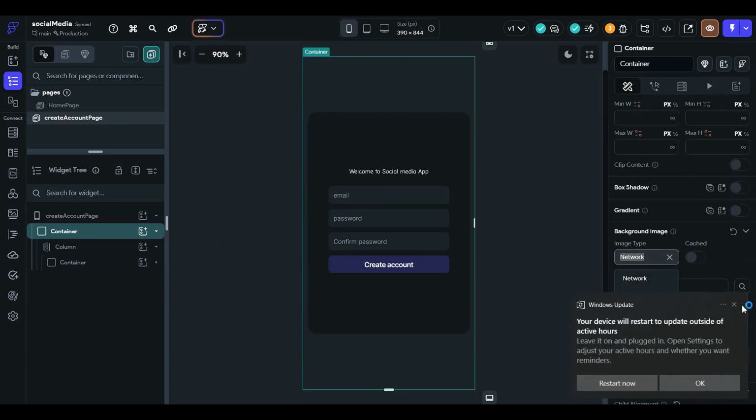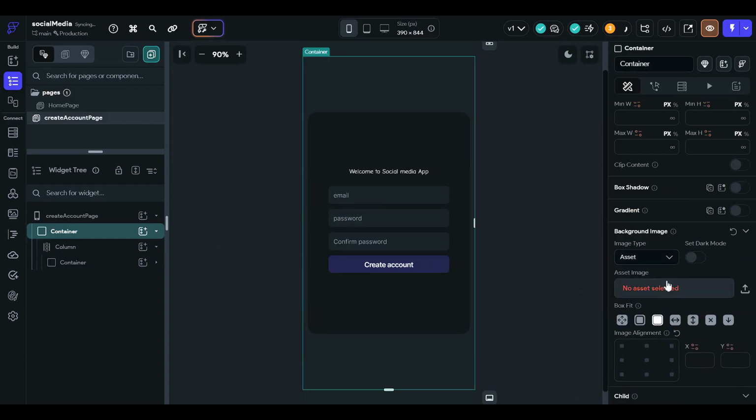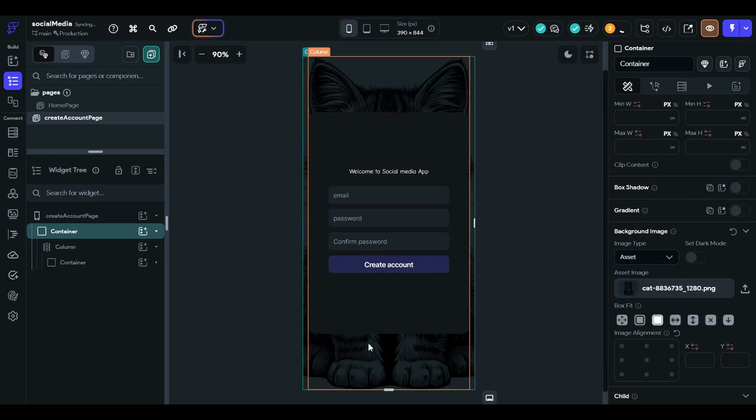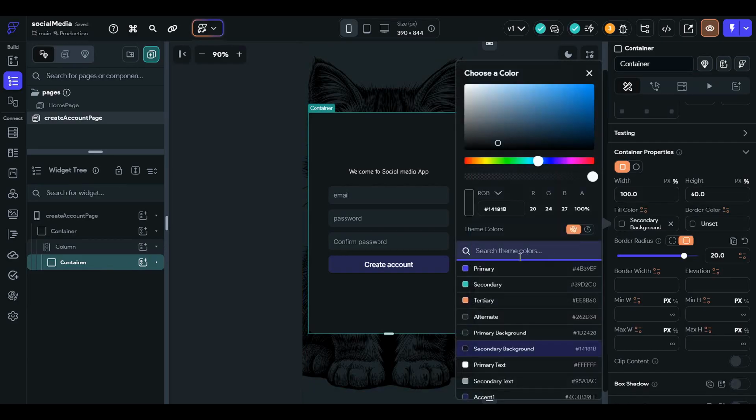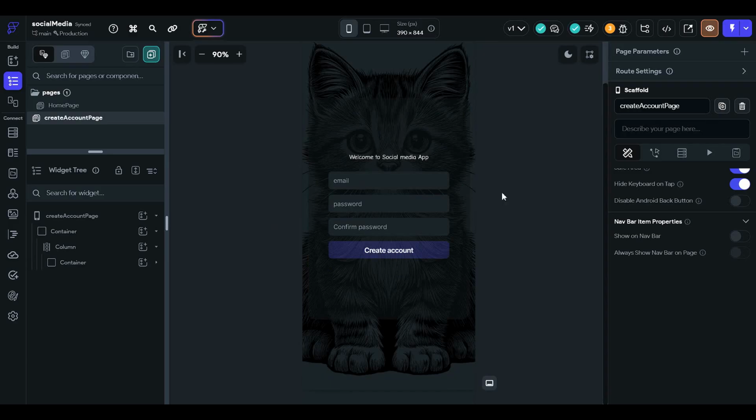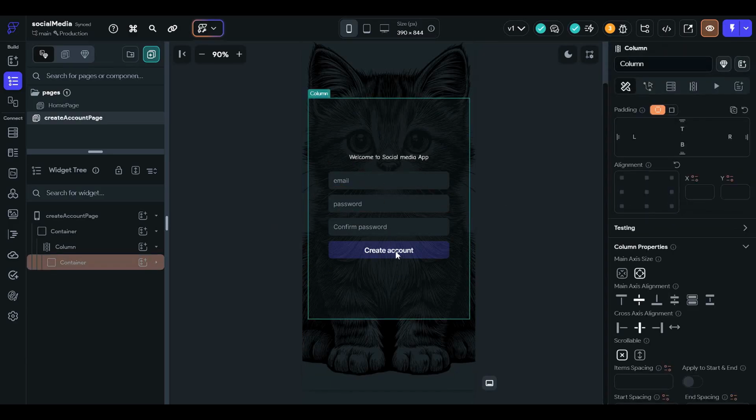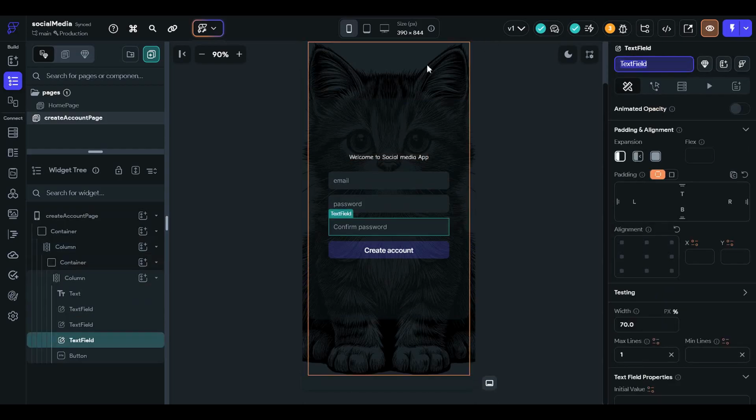We will upload an asset file. We have already uploaded an asset file image, and we will now change the container's color. We will fade the middle container so it looks better, and for now we have completed almost. We are almost there. Our create account page is almost ready,